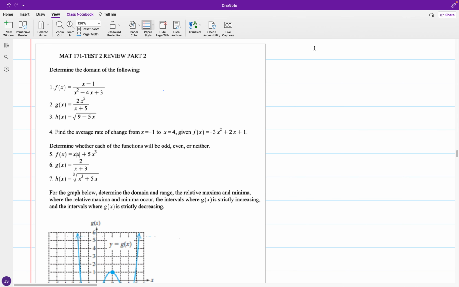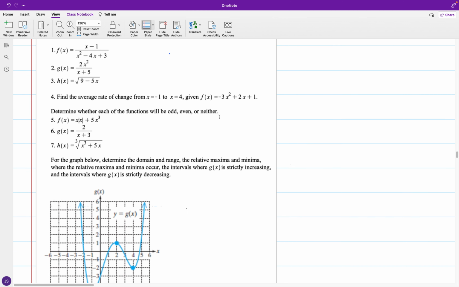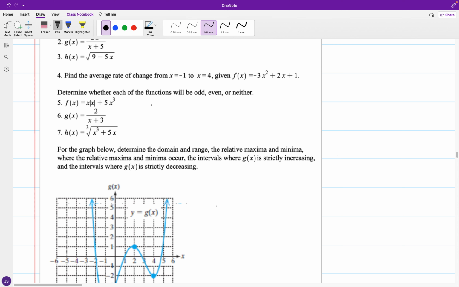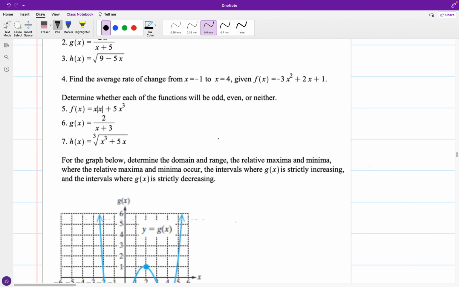Good afternoon. Just looking at what we have for the remainder of the test 2 review, and for part 2, we had already looked at the first 4 items, and just resuming in the case of number 5, we're looking at determining whether the functions will be even, odd, or neither. And we have for number 5 the function given in the form